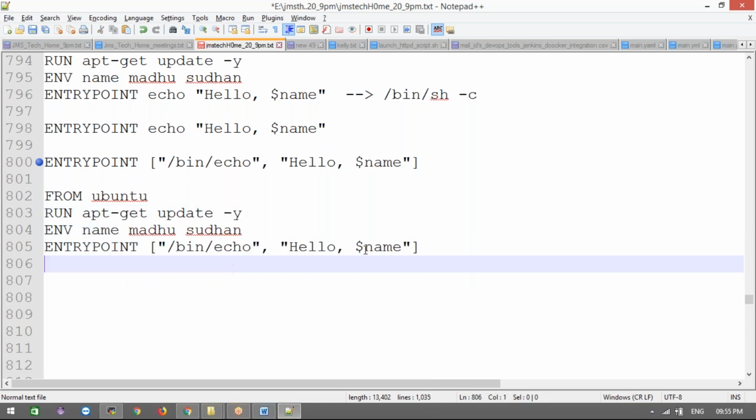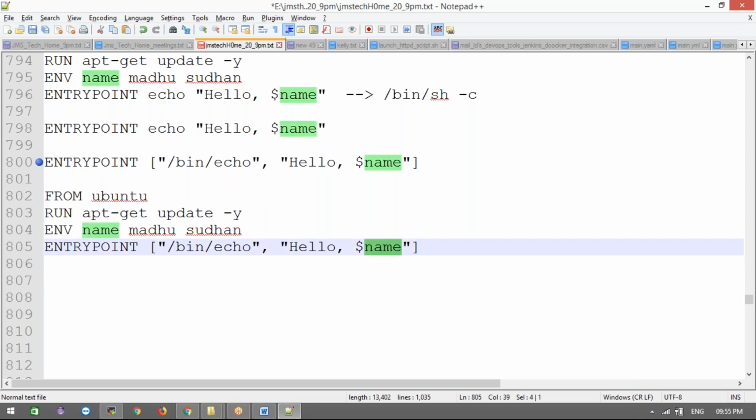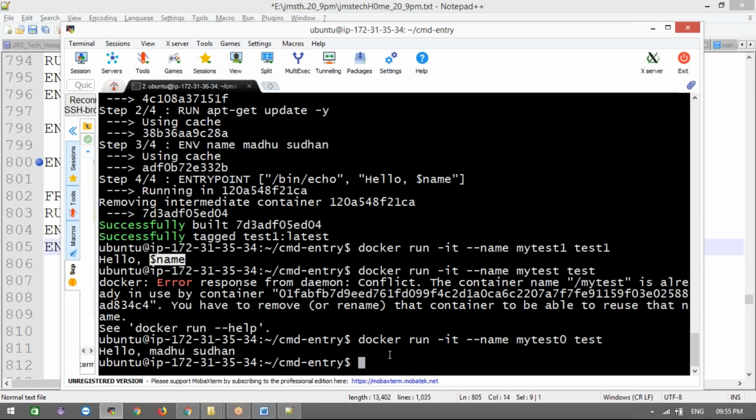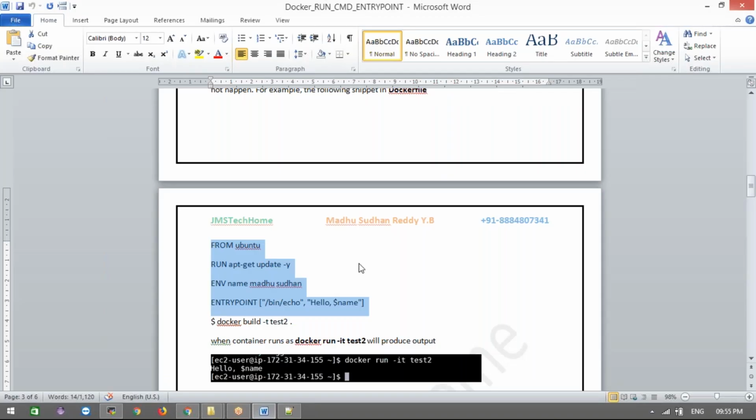Now if we want to print the output, like if I want to read this variable also, how can we read it? This command won't execute. This command is not going to execute, right? The /bin/sh command is not able to read the environment variable. If you want that, you must specify the command here. We need to write the exact complete command. How can we write it? I will show that.